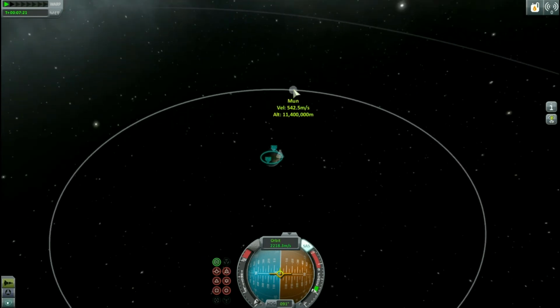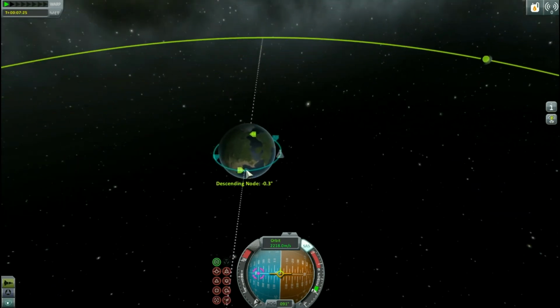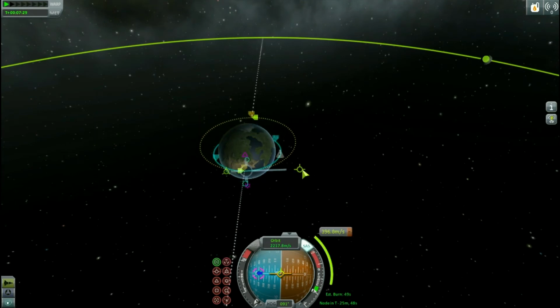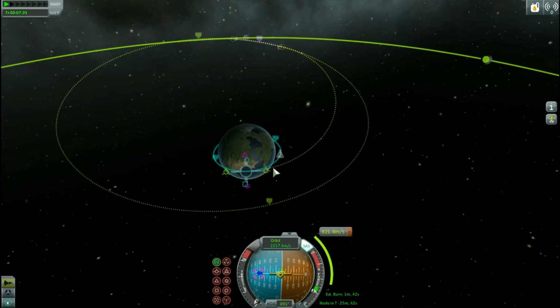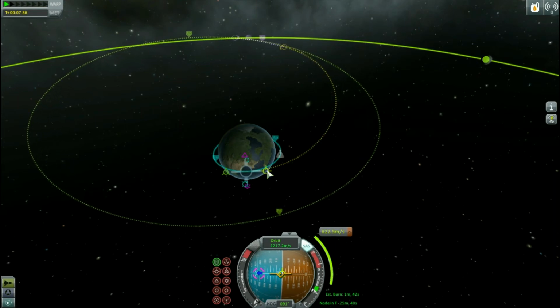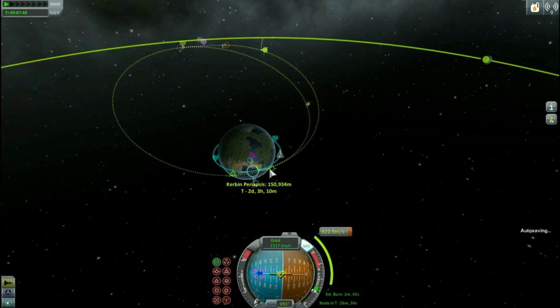Alright, so we're going to the moon. Set it as a target. We're gonna have to do it over here. Bring it out. Yeah, it's way overpowered. Let's find the most efficient. Yeah, and that'll give us that